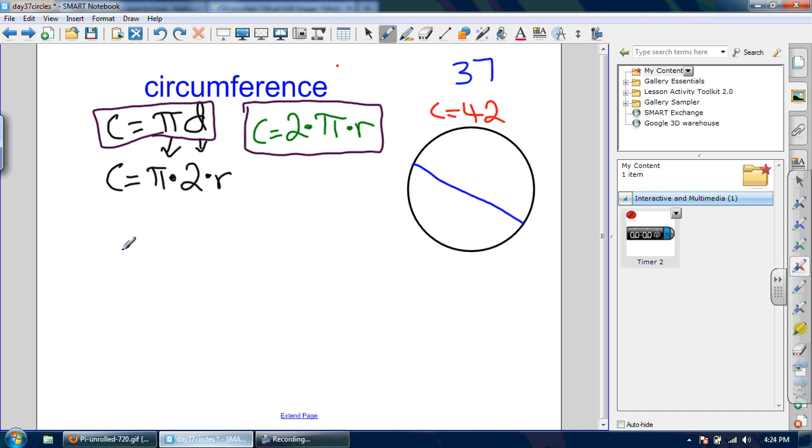So I'm going to copy this down, C equals pi D, okay? And I'm going to fill in the information I know. Well, I know the circumference is 42, so instead of C, I can write in the number 42 equals,